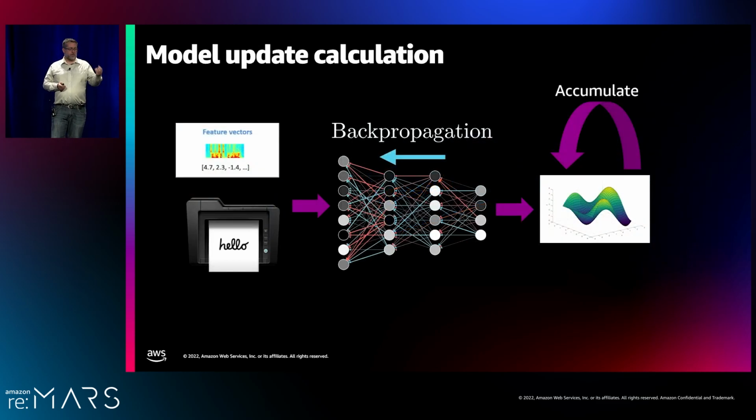Okay, so now that we have the labels and we have the features, again, the feature extraction is pretty standard, so I'm not going to cover it. We have to do the model update calculation. So we just use a standard gradient descent algorithm. We feed the features into the model, and it makes some prediction of what we think the text was. We can then compare that prediction to the label to see how close we came. We do that by feeding the label and the prediction into what we call a loss function that will tell us how big of an error we made. And then we can use that information to do what we call backpropagation. So we'll go backward through the model, calculating how we should update the parameters at each layer to reduce that error and improve our prediction.